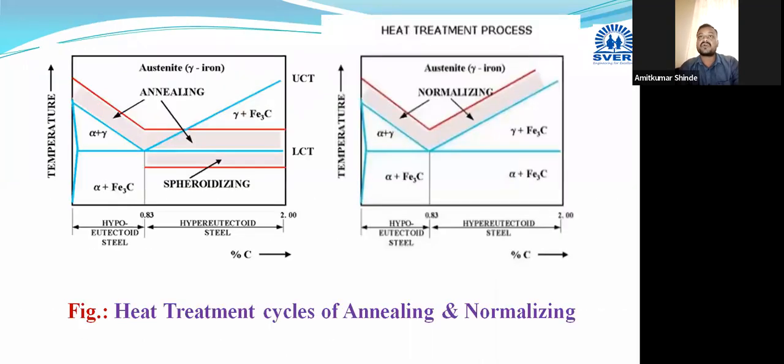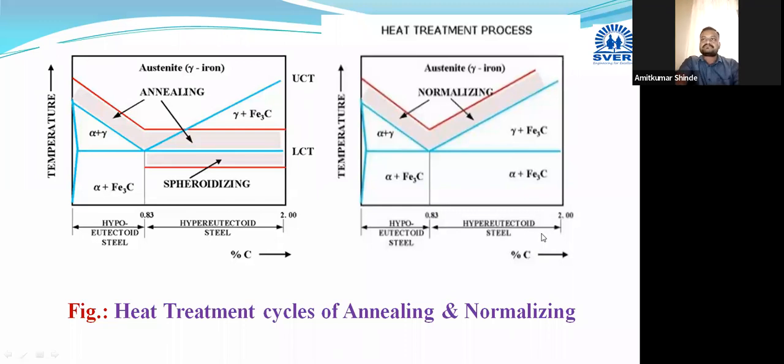But in the case of normalizing, we can do that, because we are cooling at a slightly faster rate. Hence, whichever cementite is separated is in needle form. Due to the very slow cooling in the furnace during annealing, the cementite gets accumulated at the grain boundaries, and here, with slightly rapid cooling in the air medium, whichever cementite is separated is in the needle-shaped form, in the form of needles. It does not occupy the grain boundaries, hence brittleness does not occur in this case.